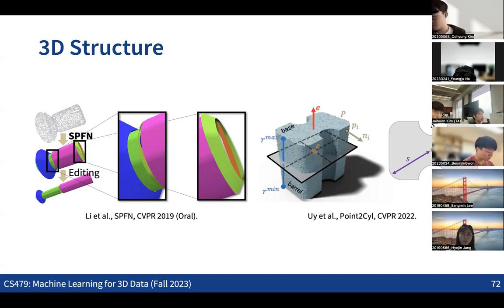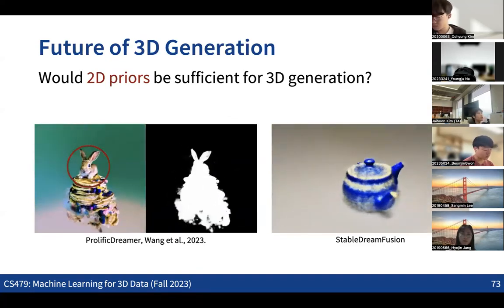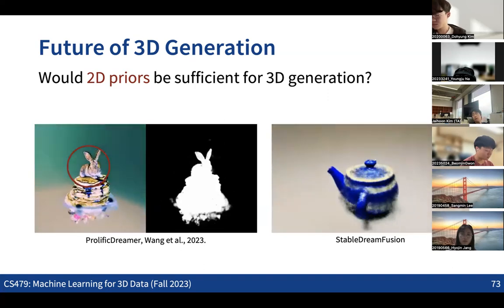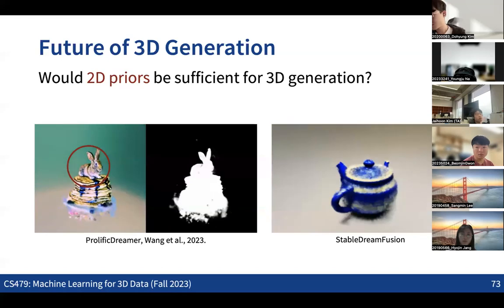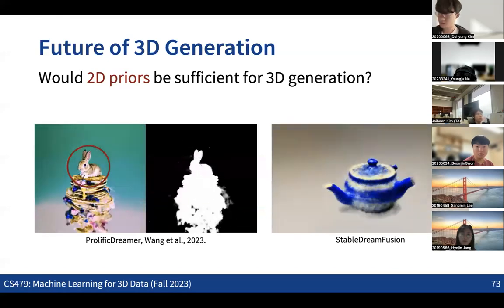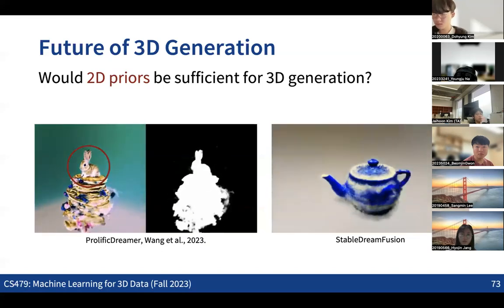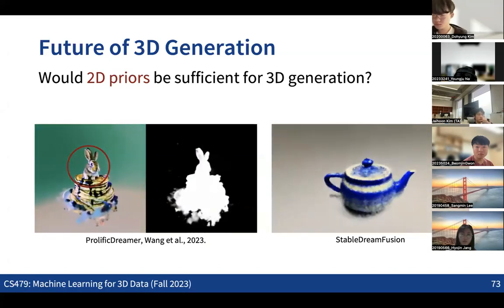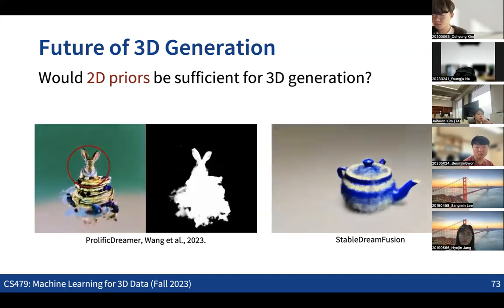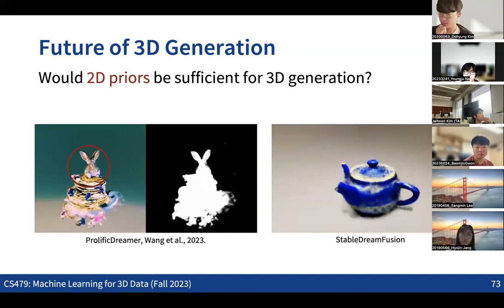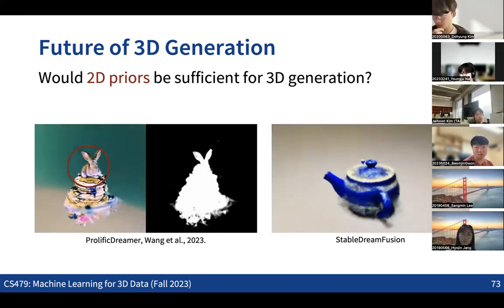And also, how about 3D generation? We also discussed an interesting idea of how we train a Gaussian NURB with a pre-trained diffusion model. This was an interesting idea, which also gave very impressive outputs in terms of making very diverse 3D shapes. But actually, we did not discuss that much about the limitations of this idea. So can you guess why we see these outputs and also some failures here?